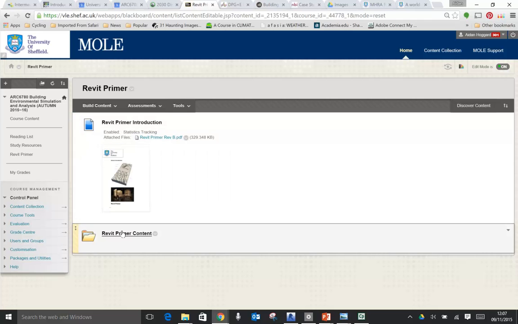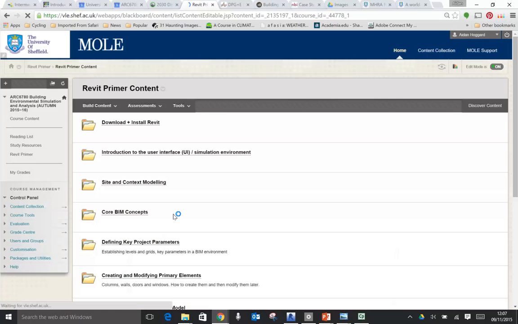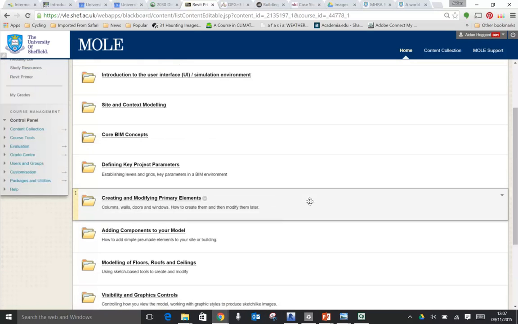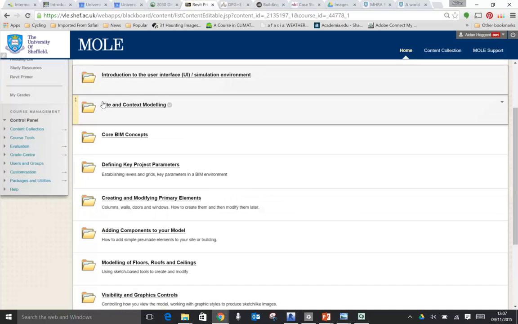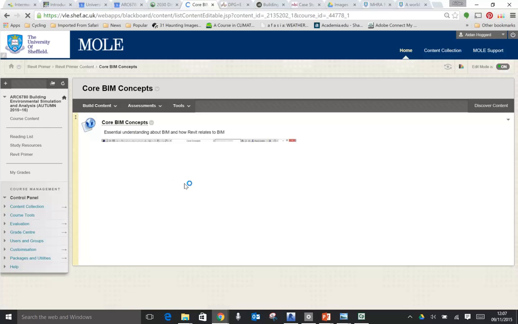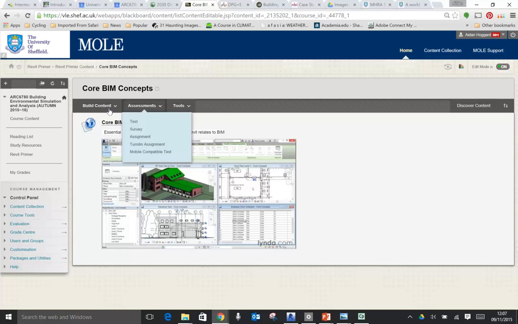If you look into the Revit primer content, then what we've got is a selection of folders covering key topics. Some of those topics you will have already covered in this course. Some of them are new. So for example, let's go into core BIM concepts here. And if you click on the link,